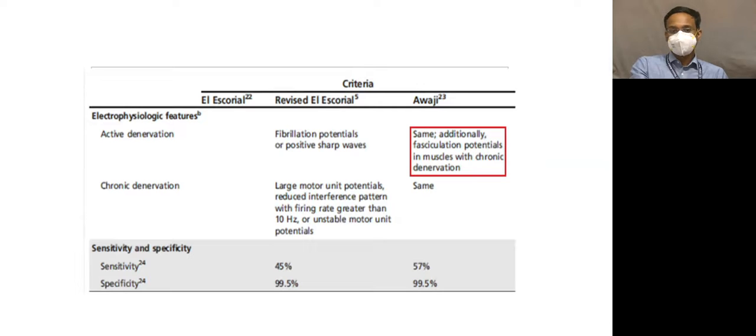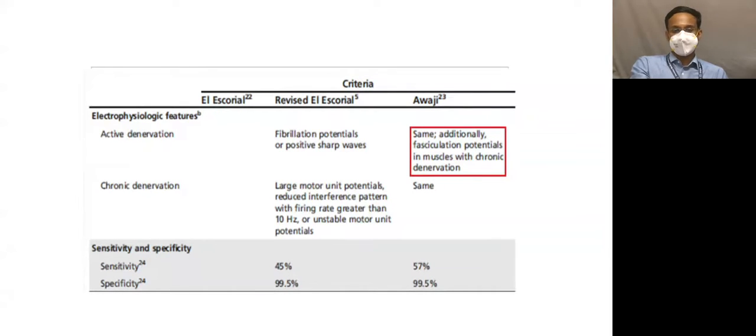So the problem with these criteria was that you needed a lot of time. For an experienced clinician who's seeing these patients in OPD, you know from the first OPD visit or the first admission visit itself that you are probably dealing with an ALS-like disorder. But because the criteria required you to have this many myotomes involved, he did not fulfill the criteria for clinically definite ALS, and hence by the time